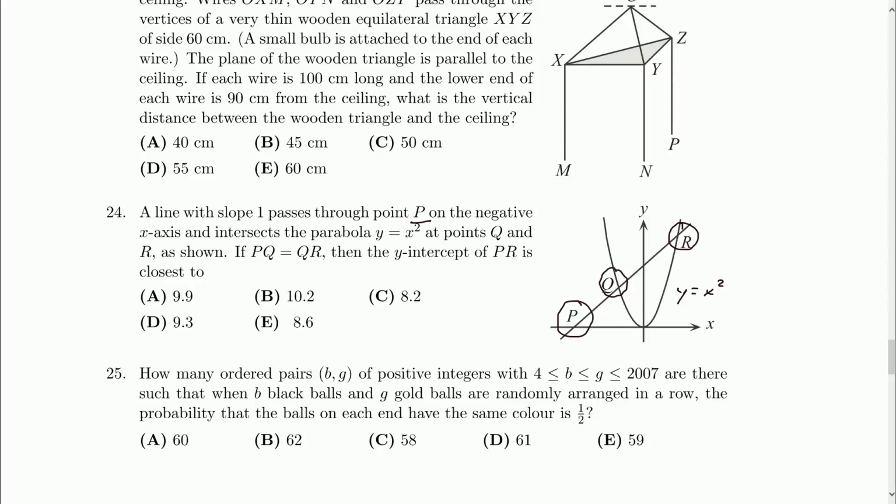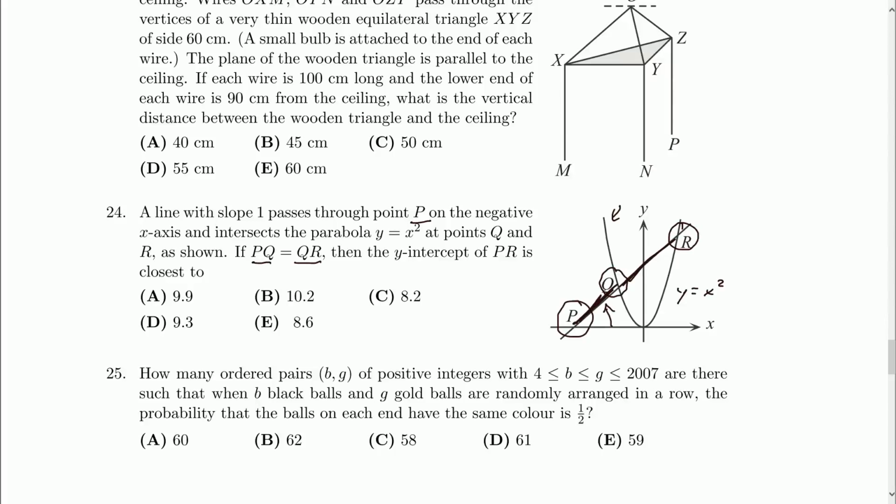Since it's as shown, I'm going to say we can assume that Q also has a negative x value. Actually, no, Q has to have a negative x value if P does, because going straight up, you're going to intersect this side of the parabola first. Anyway, if PQ equals QR, so these lengths here are the same,